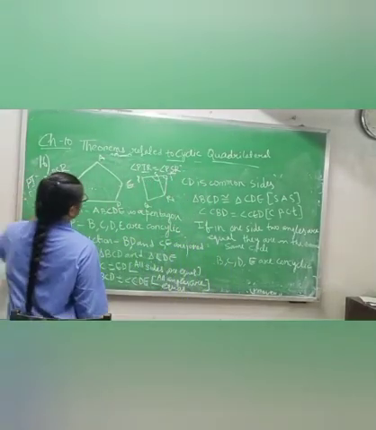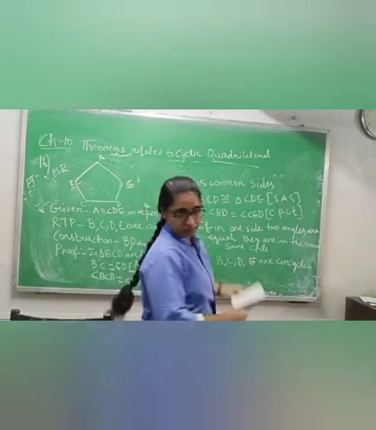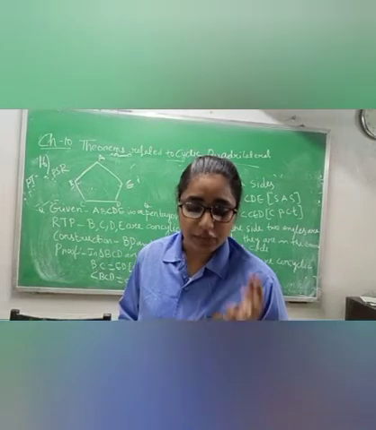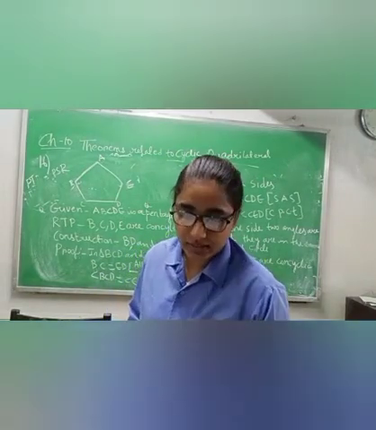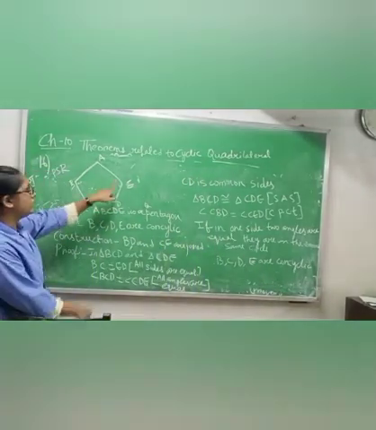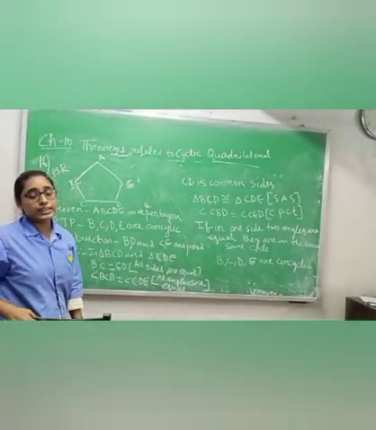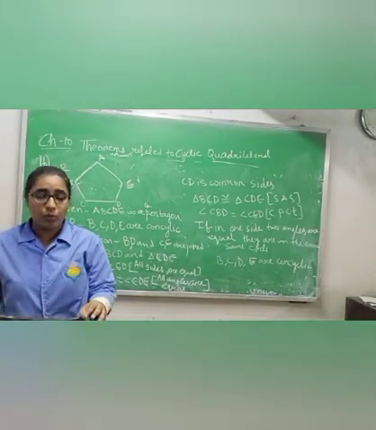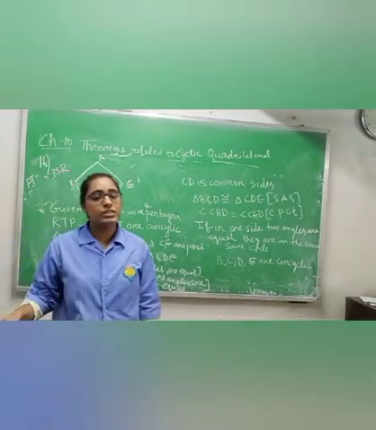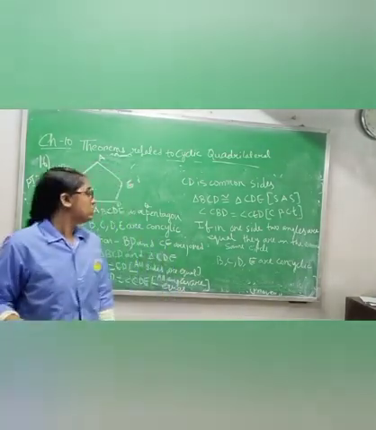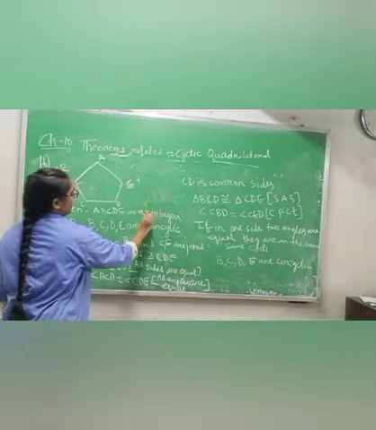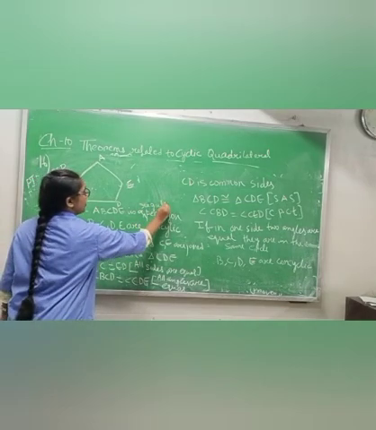So now I am reading question number 16. Question number 16 is, let us prove that any 4 vertices of a regular pentagon are concyclic. So the pentagon diagram is this. I am making A, B, C, D, E, and they are saying that we have to prove that any 4 vertices, vertices means points, of a regular pentagon are concyclic. Concyclic means lie on the same circle. Okay, so given, ABCDE is a pentagon, or you can write regular pentagon.